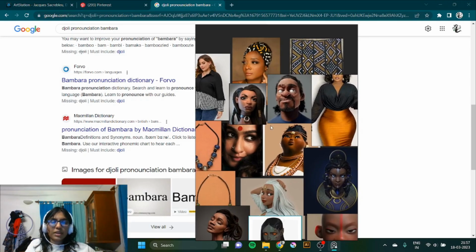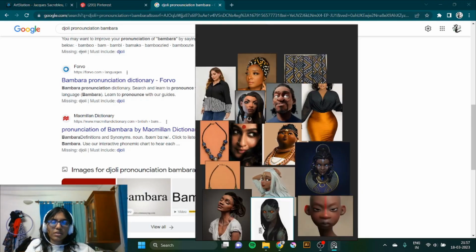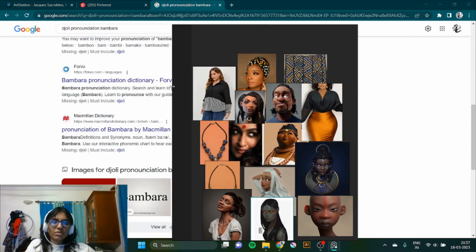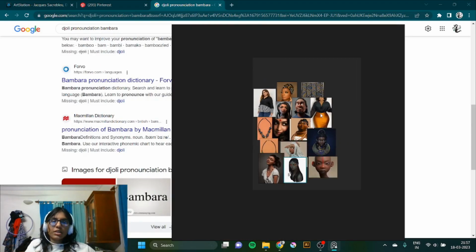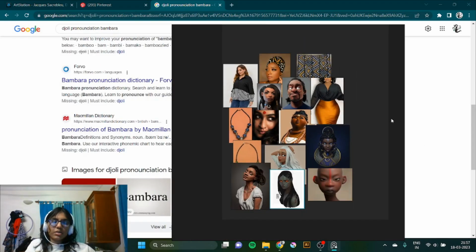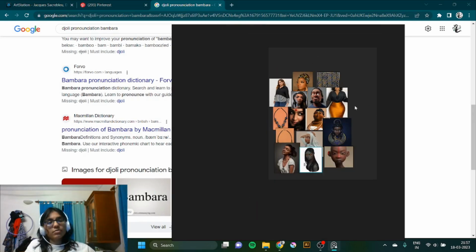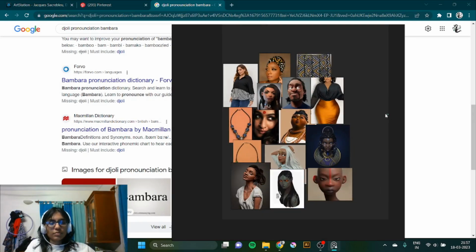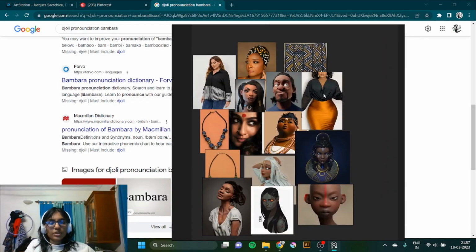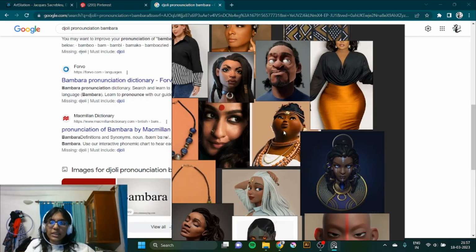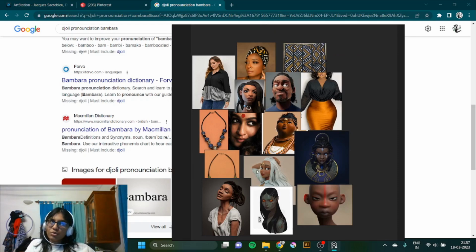Okay, so this is what we have for now, and this is very good. This is a very good start. We will think about starting on the modeling in the next video. So there you have it, the making of the Jolie, which means blood in Bambara or Bamana, which is a language and a tribe found primarily in Mali.